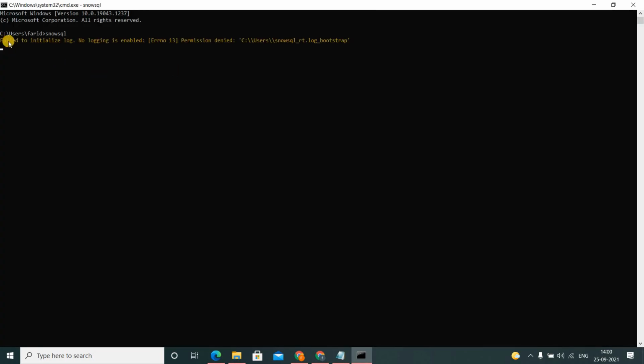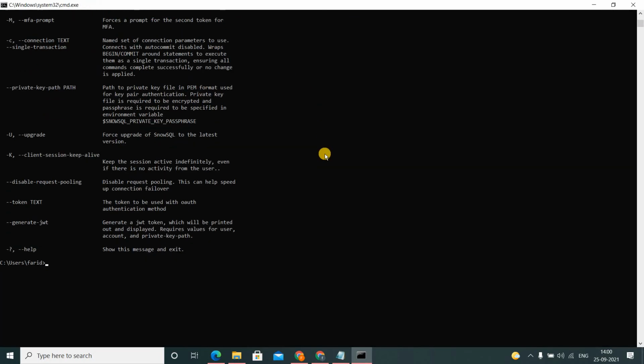Initially you will get this warning. Don't worry about this warning at this point of time. Suppose you type this command SnowSQL, and the result is that this command is not found. Then you need to add this SnowSQL path to your environment variables.